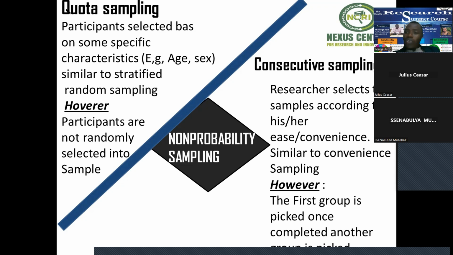Okay? Or you go to the ward and then you just ask, are you a nurse? You give that one the questionnaire. Are you a nurse? You give the questionnaire. So not every nurse had a chance to participate. So it was not on a probability selection. So that is the difference between quota sampling and stratified. For stratified, you randomly select the participants, but here after forming the small group of the strata, you don't